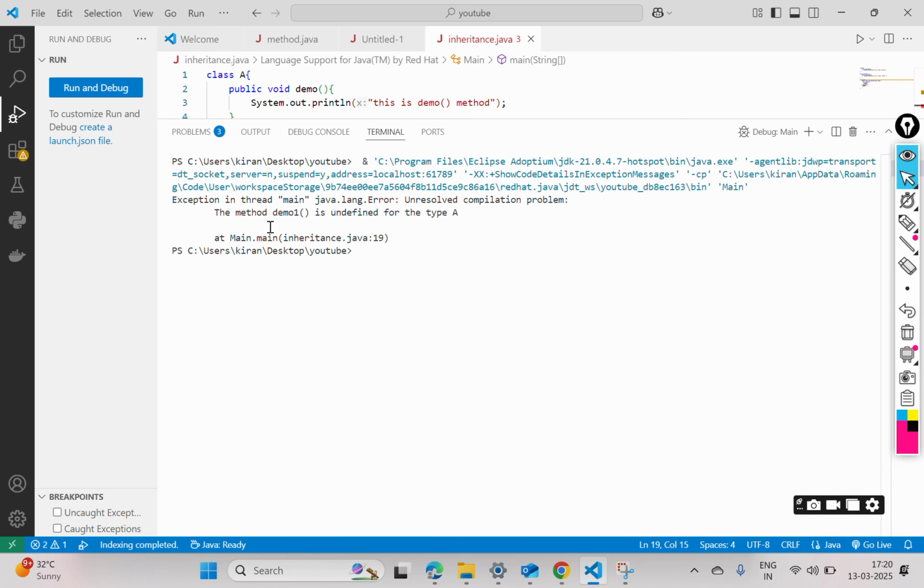You can see the method demo one is undefined for the type A.